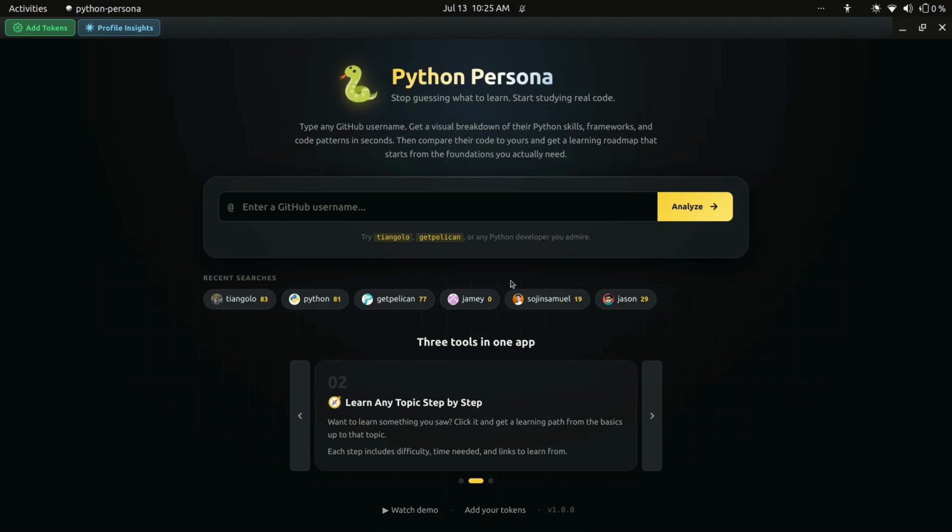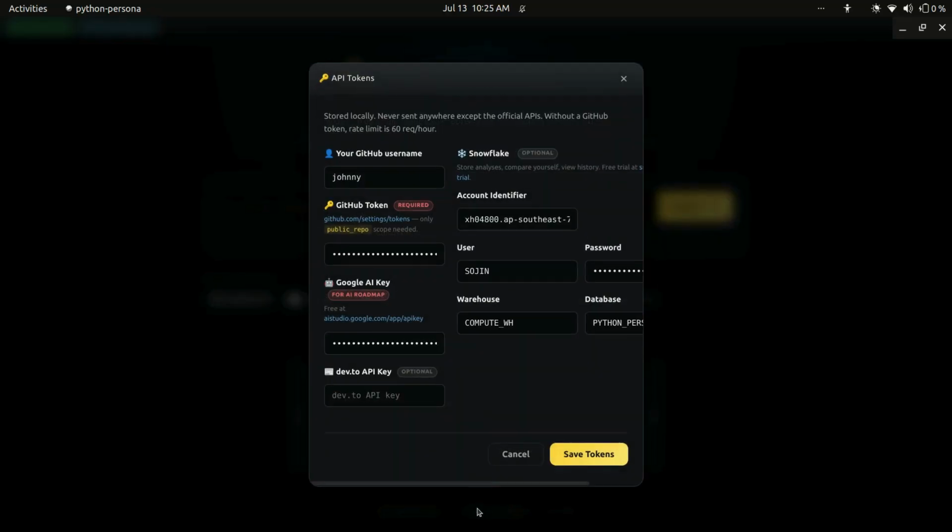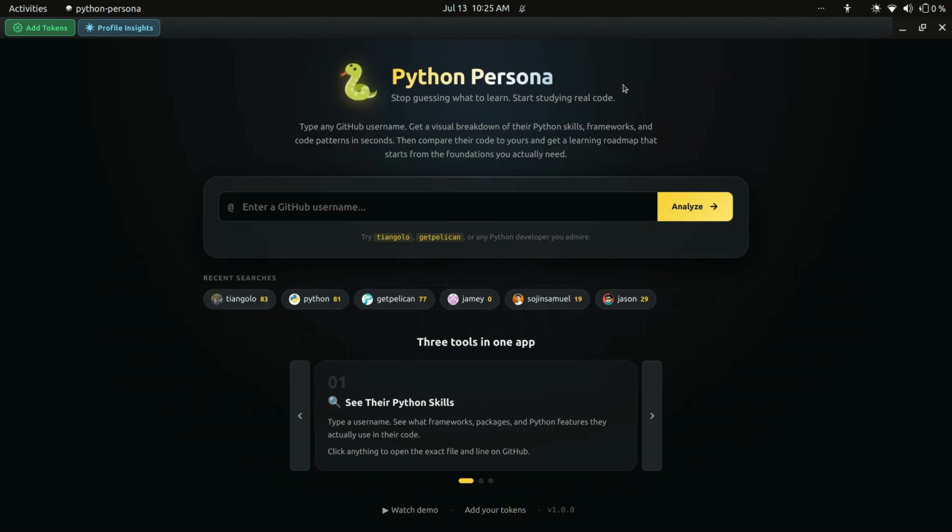If I want to learn something, the AI has done a pretty good job of finding out everything that I need to learn from others. I can click on that specific project, go to it, and learn whatever I need to learn, filling the gaps that I haven't learned earlier. So that's a quick overview about